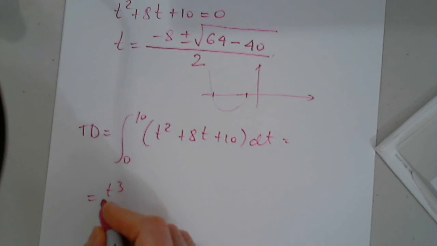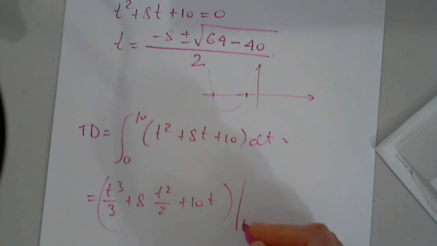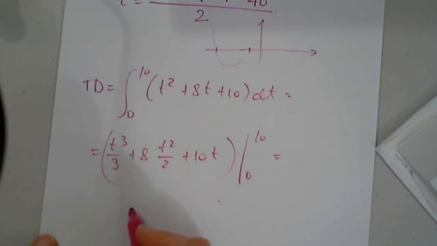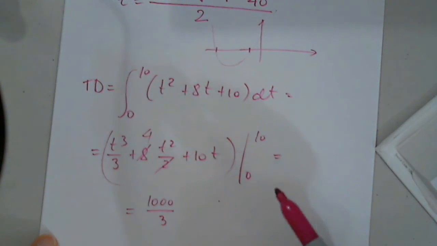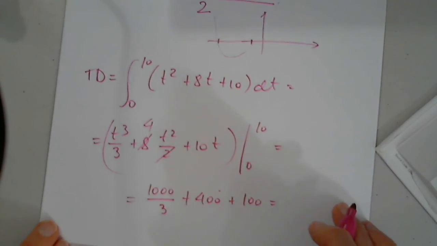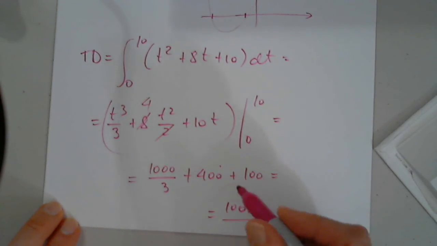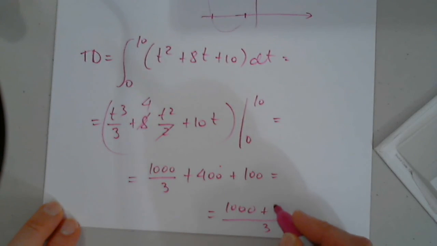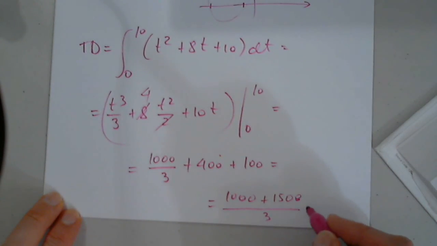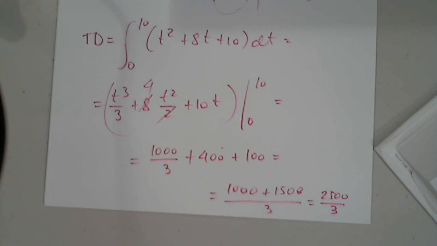So this is t to the third over 3 plus 8t squared over 2 plus 10t from 0 to 10. So 1,000 divided by 3, and this is 400 plus 100. So 1,000 divided by 3, and this is 500. 15, so 2,500 over 3. Luckily I did not have to